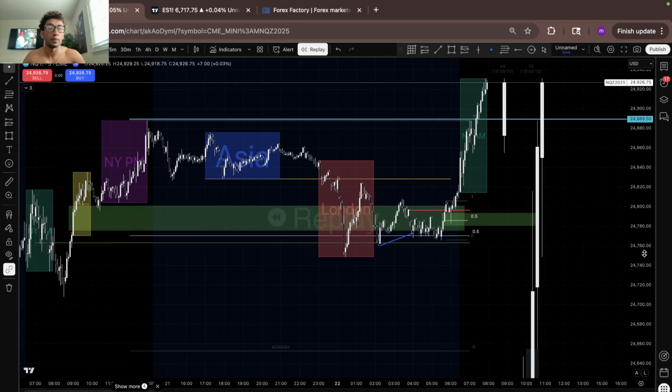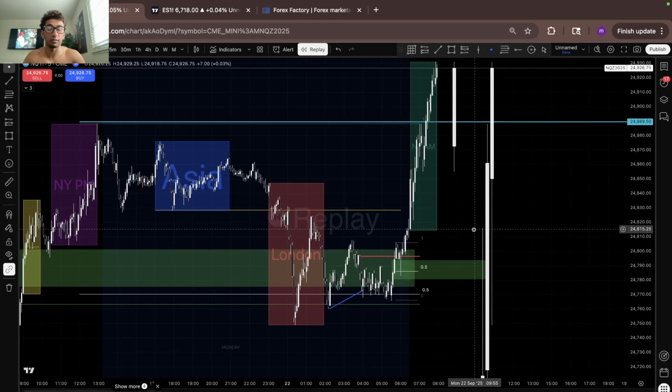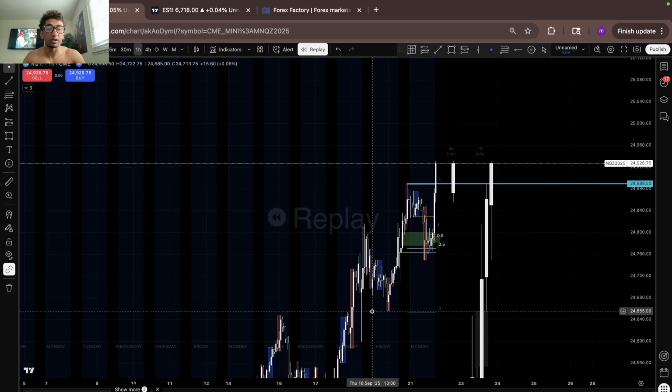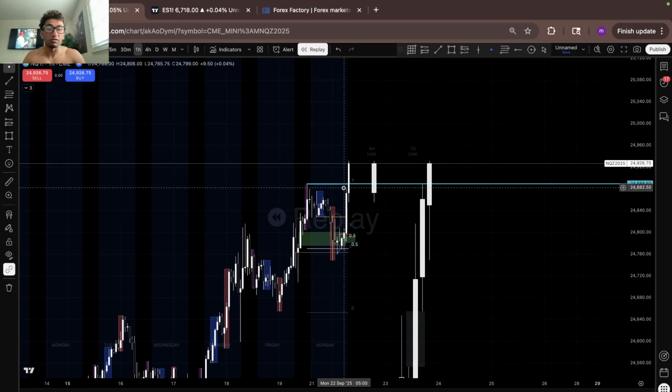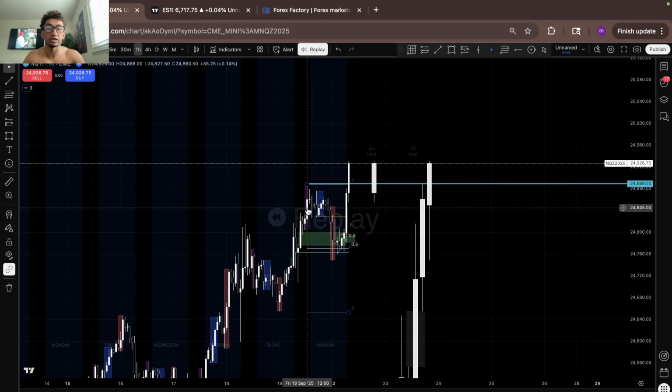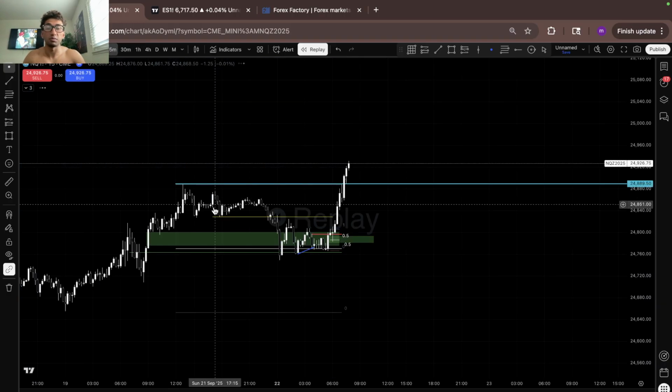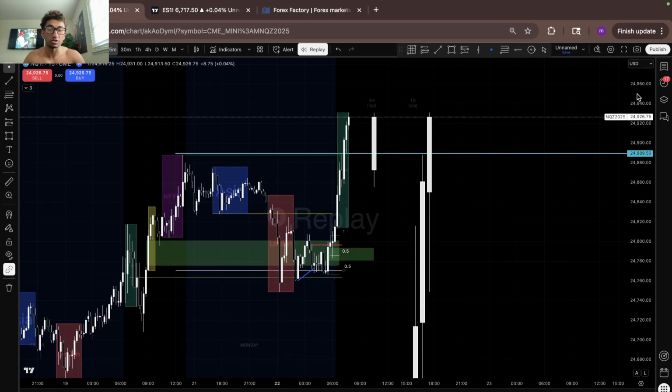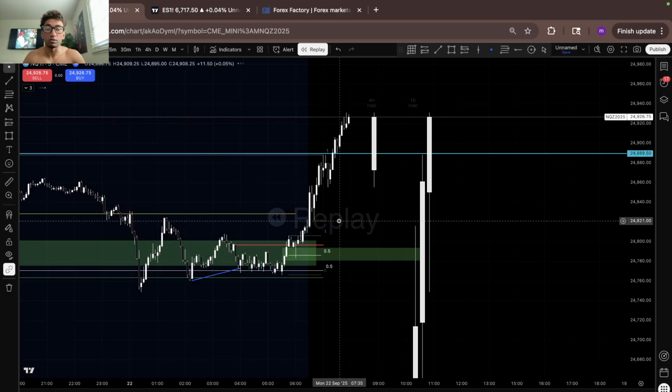Just like that. Okay, so that's our intraday model, right? We start on the 1 hour. We find a 1 hour liquidity sweep. We find equilibrium of just the previous day range. We're targeting previous day high. We find 15-minute PD arrays, 5 or 15-minute change in states, and then we can continue to go down, find